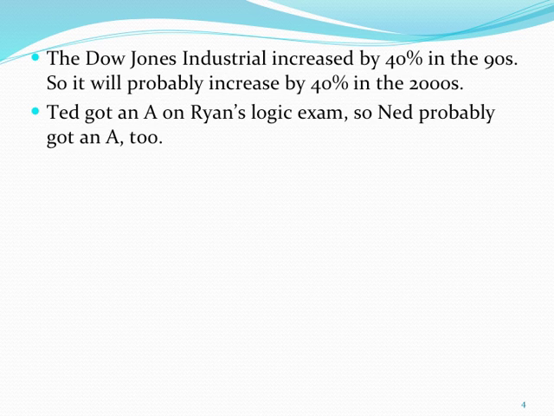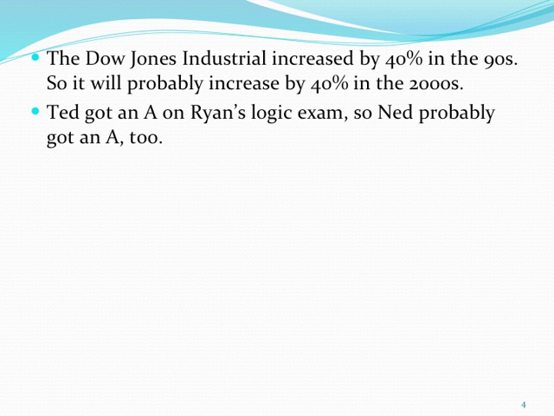We know about the Dow Jones in the 90s. We know about Ted's performance on the logic exam. That's the sample. And we're making an analogy between the sample and the target. So the target in this top one is the Dow Jones in the 2000s. And in the second example, it's Ned's performance on the logic exam. The thing that we know about the sample that we are guessing the target also has is the property or